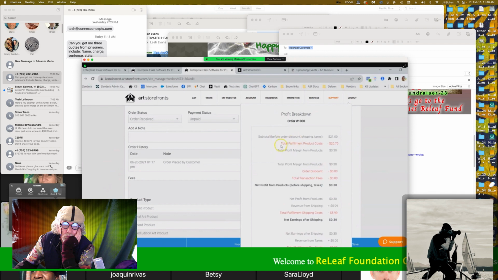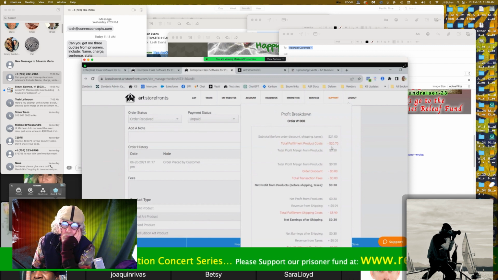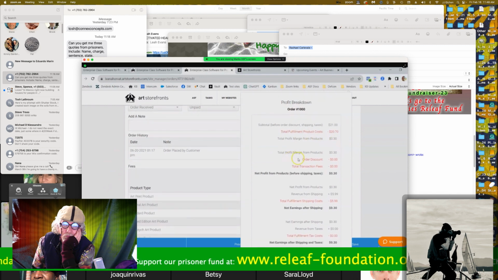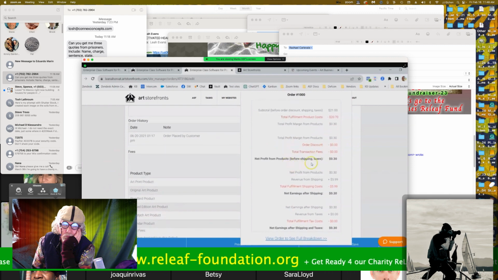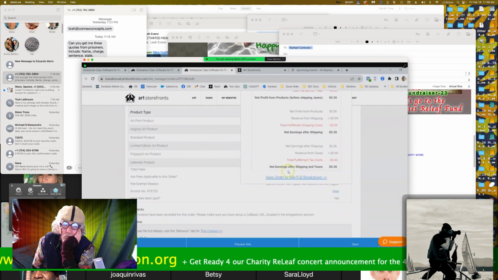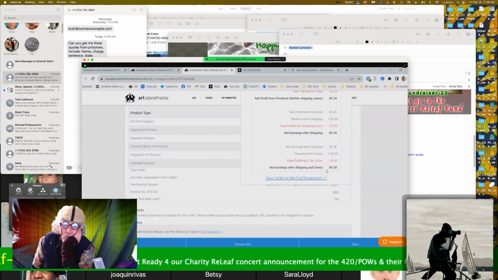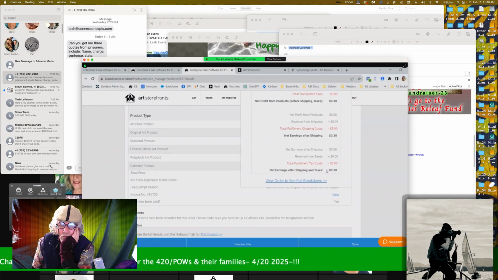So I have the subtotal, then I got total fulfillment production costs. Again, a disclaimer, this is a test order, so it's not representative of the real profit. Net profit margin from products, we have order discount, total transaction fees, again, profit after those are applied. And then we have net earnings after shipping and net earnings after shipping and taxes. So it's all broken down in a very straightforward way, and you guys can determine what was your profit from